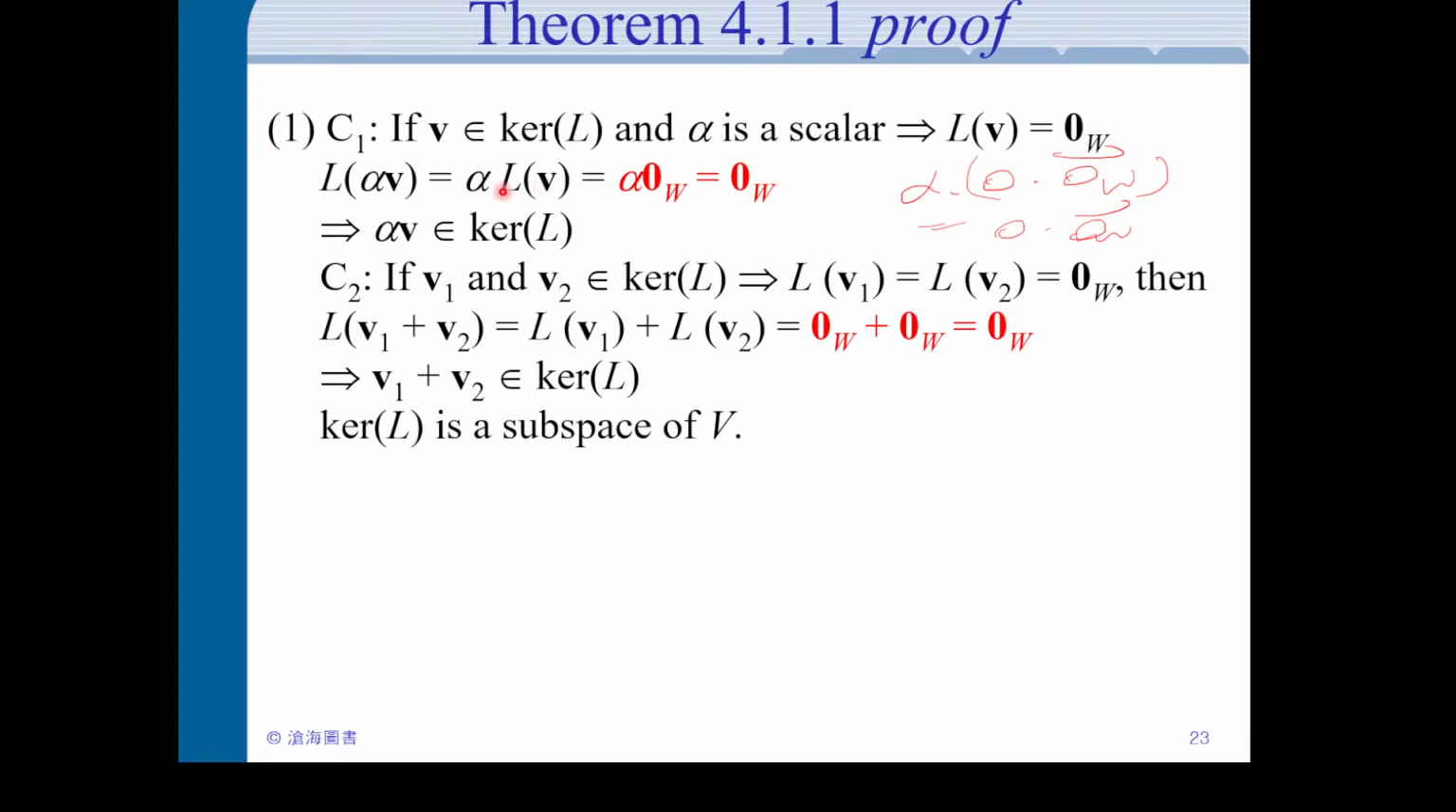Similarly, we have V1 and V2 both mapped to 0 of W. Then if you map V1 plus V2, you have the mapping of V1 plus the mapping of V2 by linearity. Then this is 0 of W plus 0 of W, and that's still 0 of W. So V1 plus V2 is still inside kernel, and so we see kernel is a subspace of V, because it's closed under scalar multiplication and addition. Okay, and similarly, let's see the